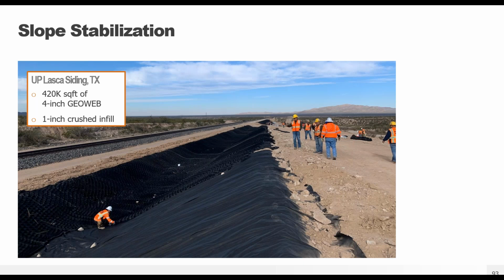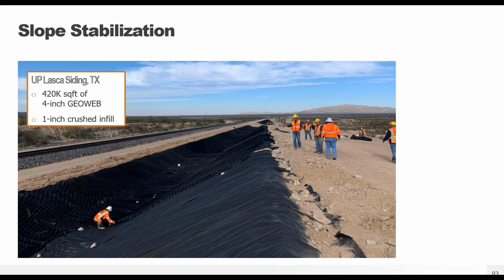This is out in the desert. This is south of El Paso. Took these pictures 3 or 4 years ago. This is a track for UP. Like I said, south of El Paso. They don't get a lot of rain, but when they get it, it comes down in buckets. So they were worried about the degradation between the track and the next track.